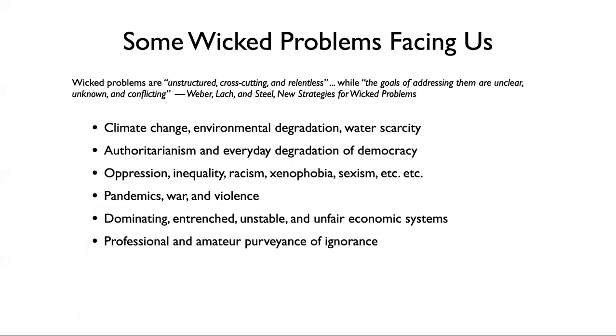Here are just some ideas, and these happen at all levels, from the planetary to the local. And I think we're faced with the same things that we've been faced with for a long time. Environmental degradation, water scarcity, authoritarianism, oppression, pandemics, war, violence, all these nasty things that we've got, we probably will still have in 100 years. We'll probably have them in 1,000 years if we're around. But that does not mean that we can't think about these and try to lessen the impacts of them at the very least.